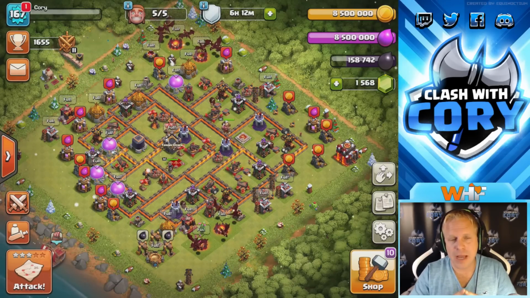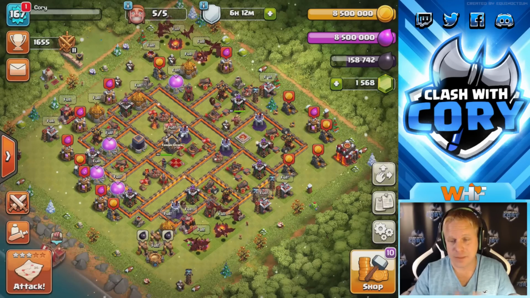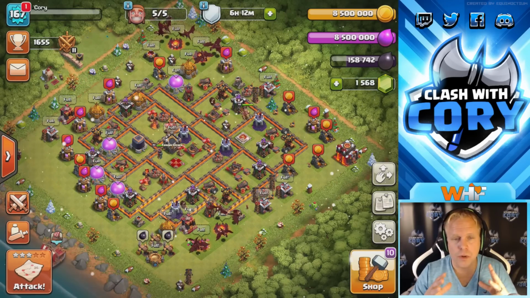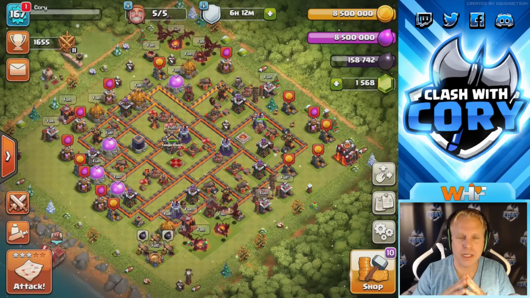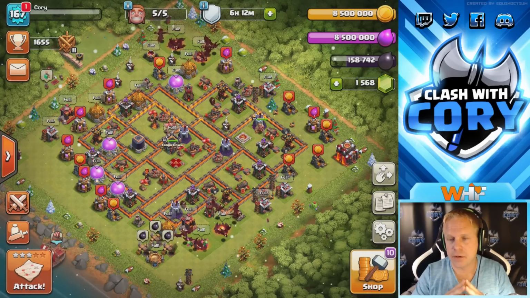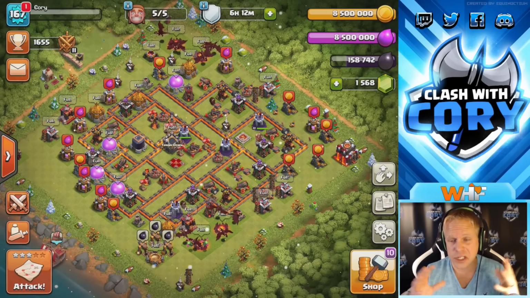The latest round of bat spell balancing changes just went through. They just did a maintenance break sometime in the last several hours. So we're going to take a look at the old bat spell compared to the new bat spell, what they did to it. We're going to look at the stats for all the town hall levels and what the differences are going to be. And we're also going to take a look at, I'm just going to try some farming